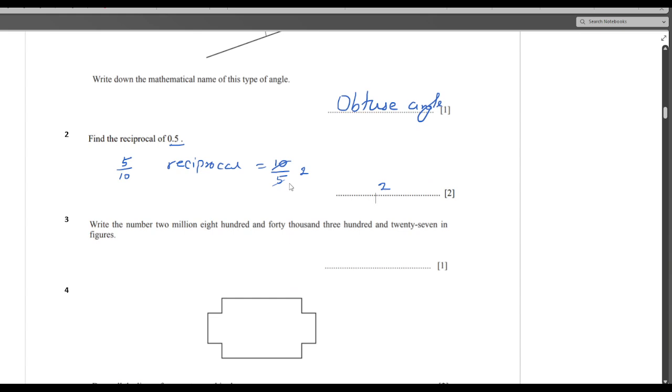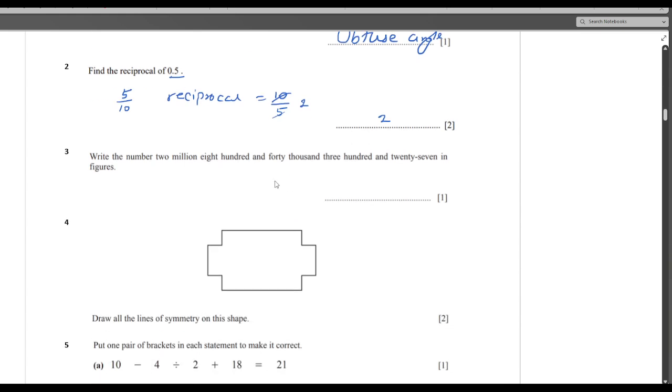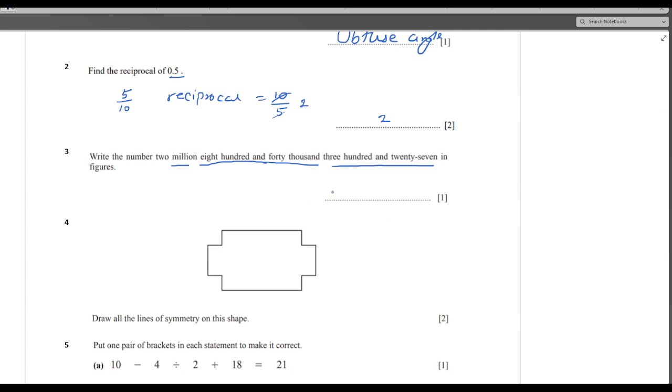Write the number 2,840,327. Okay, so when we have to write a number in international form, here it is 2 million. I will write 2. So million means after 2 I have 6 zeros. The next I have